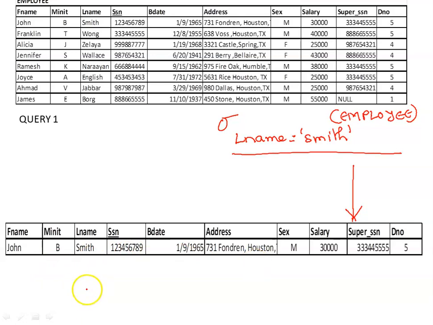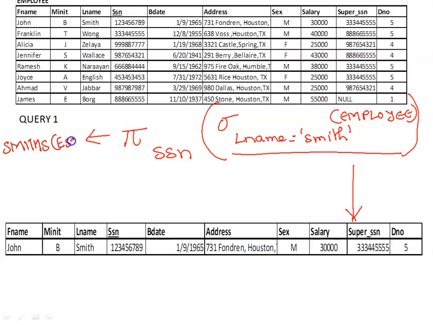Now what I'll do is apply a project operation on this table, project SSN, and store it in a temporary relation called Smiths with a new attribute ESSN.